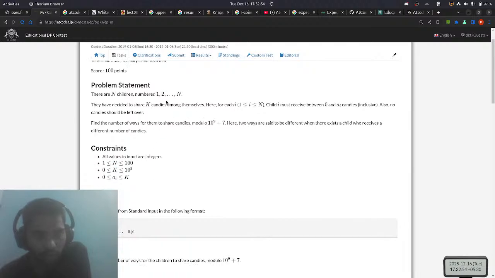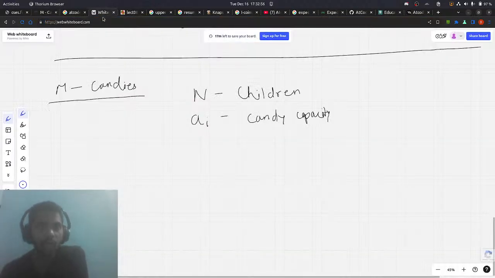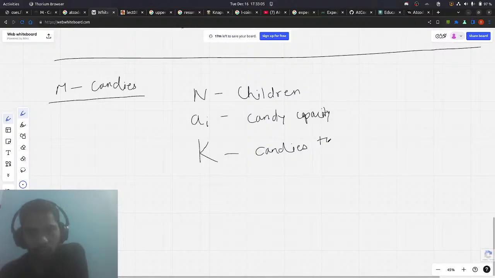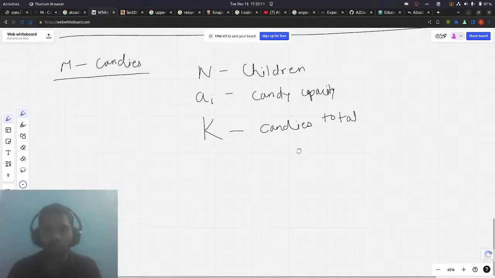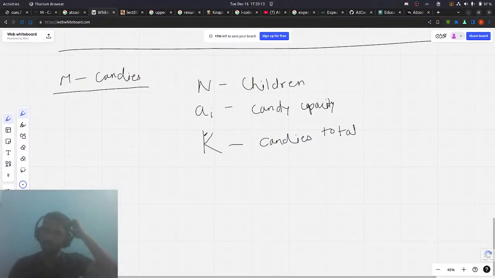And then we have k candies to share. So the question is, how many ways can we share k candies between these children,